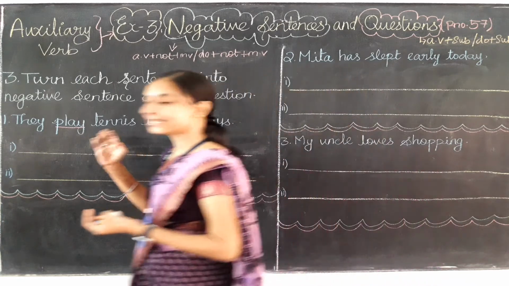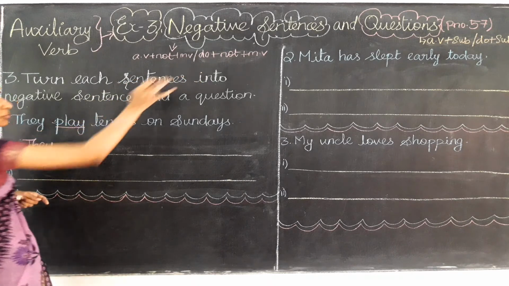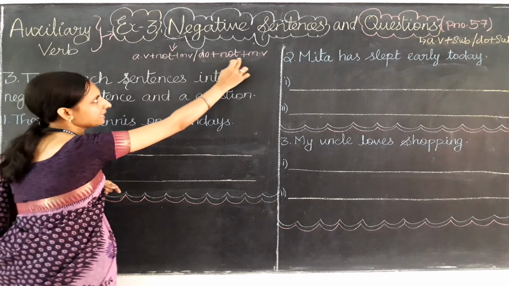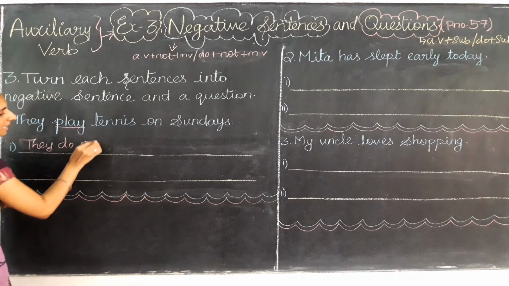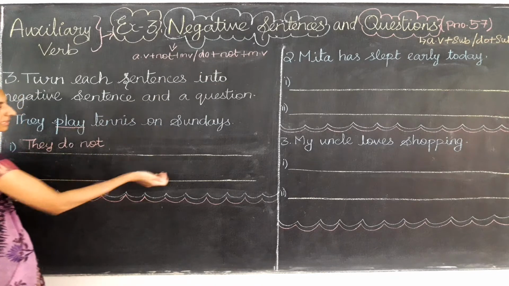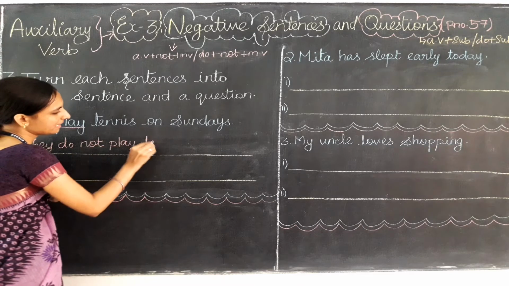So let's make the negative sentence for this question. What do we need to write first? We need to write the subject as it is, they. Then after that we need to use the do form verb, that is do here. Do, and then what do I need to write? Yes, not, to make it negative. Not, and then the main verb, and all other things will come as they are. They do not play tennis